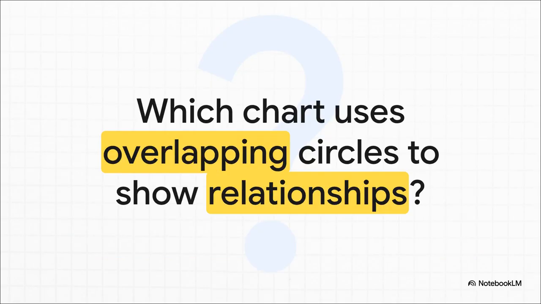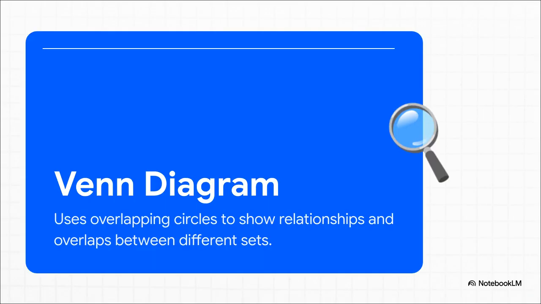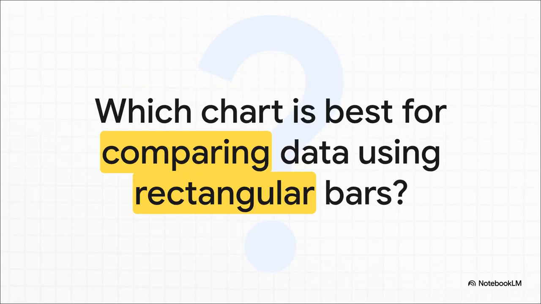All right, time for a little quick-fire round on how we visualize data. I promise you've seen these before. So, which chart uses those overlapping circles to show the relationships between different sets? You got it! It's the Venn diagram. They are perfect for seeing where things overlap. For instance, if you were tracking students who play sports, those overlapping sections would immediately show you who plays more than one sport. You could just add up the numbers in those overlaps, and you'd know exactly how many multi-sport athletes you have.